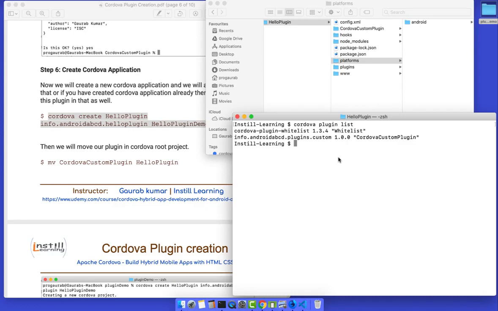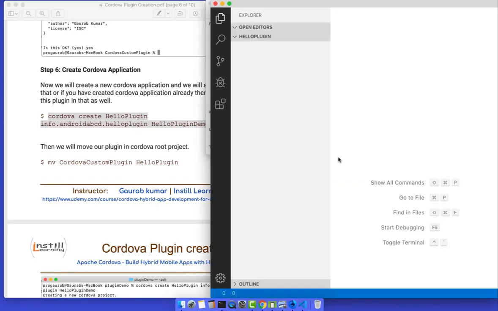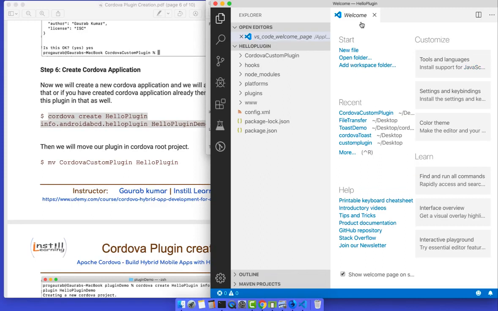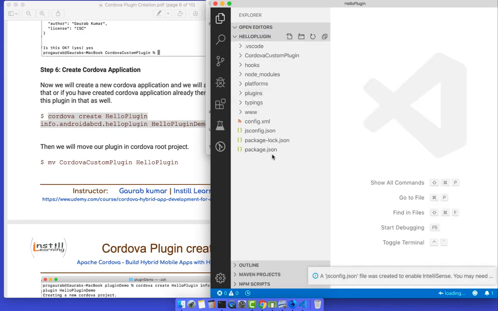Now we will modify the JavaScript file of our application. So I'll open this application in the code editor again, Visual Studio Code, okay. So we are not going to modify anything in our plugin, so I'll just leave this as usual. We will modify our Cordova application.